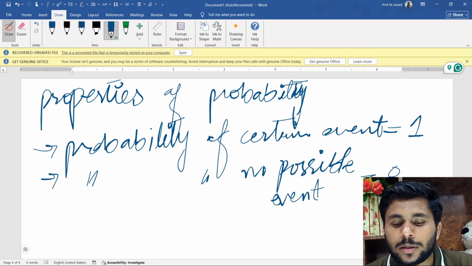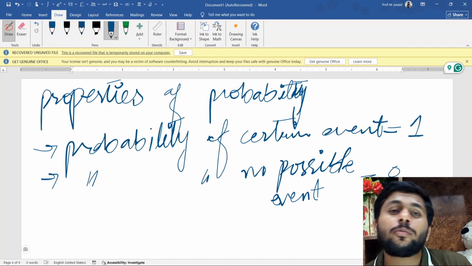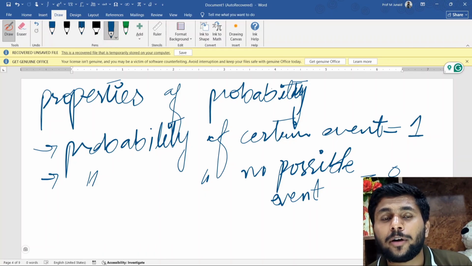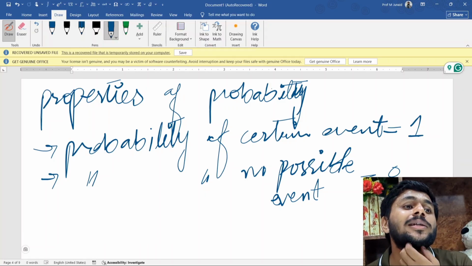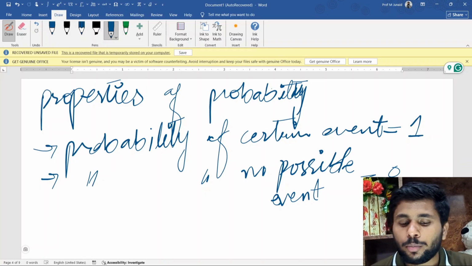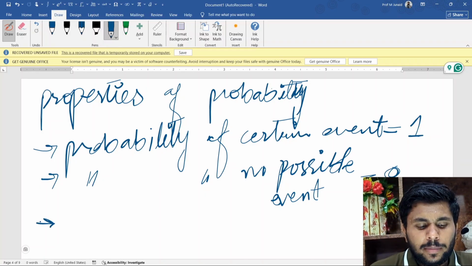Like in the recent question, the probability of a prime number when we multiply both prime numbers is an impossible event, because when we multiply both prime numbers our answer is never prime, so the probability would be 0. Our third property is that probability lies